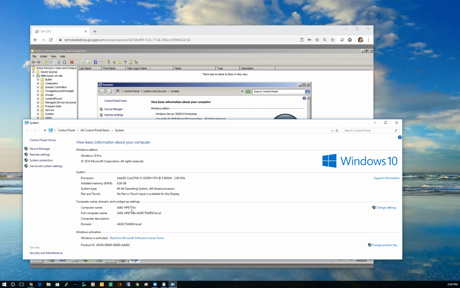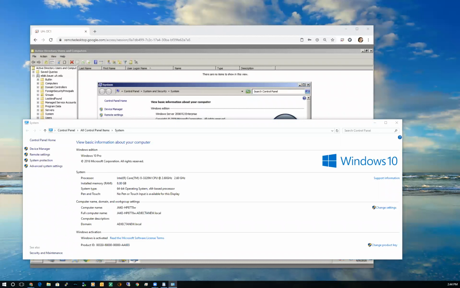What you need to know about NetBIOS names is they do follow some rules typically, and this is so that it's downward compatible with older Windows computers like XP and Windows 7. NetBIOS names can't be more than 15 characters long. They can't have too many weird characters in them. We've got one dash in here. Dashes are okay. You probably should not mix and match upper and lower case because Microsoft does not play well with upper and lower case.